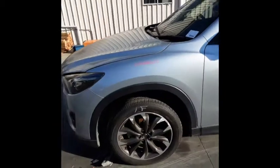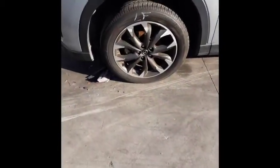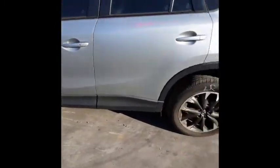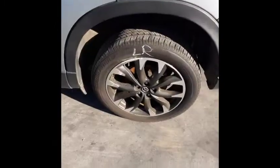left guard appears to have no damage, left front 19-inch factory alloy mag with a good tyre, left power door mirror, both left hand doors appear to have no damage, left rear 19-inch factory alloy mag with a good tyre. We have the left hand tail light, left tailgate garnish,